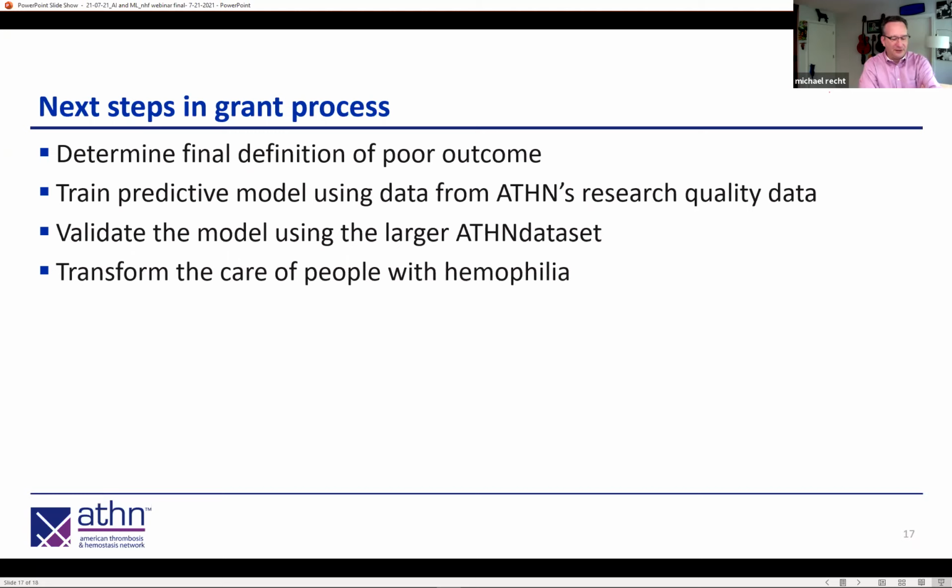But because the grant wanted us to focus in on the hemophilia population first, that's what we decided to do. So this has been, to me, I'm 58 years old, I'm coming to the end of my career, such an incredibly exciting learning experience that I can be part of a project that uses